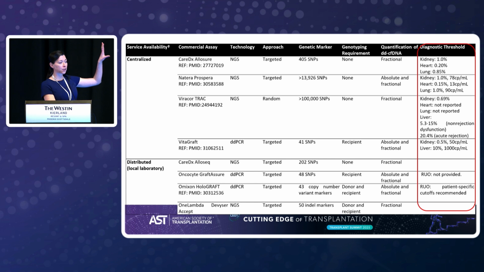So the top part of this table is showing you those tests that you can perform and send out to a centralized laboratory. One of the reasons that STAR really felt a push to tackle analytic validity in particular is because the vendors have moved to developing distributive kits, which means that your local laboratory could very likely take that kit, purchase it from the vendor, and then run this assay locally in a decentralized manner. None of these, as of yet, are offered in any other format except RUO, which for those non-laboratory people means